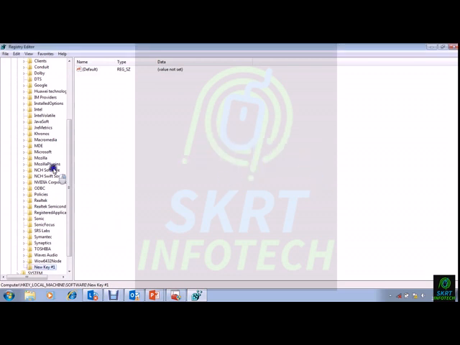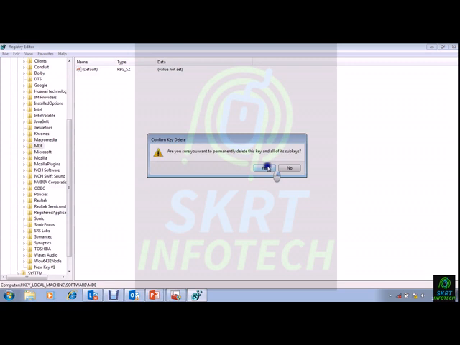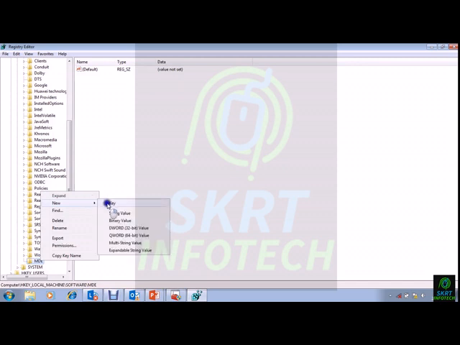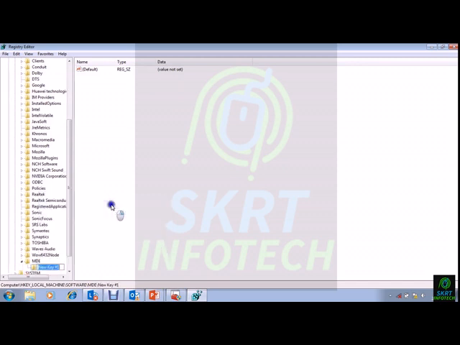I think MDE is already there, so we'll first delete it and then create a new key. So this one I'll give as MDE, and once MDE is done, I will create a new key again under MDE. This key will be named connection.